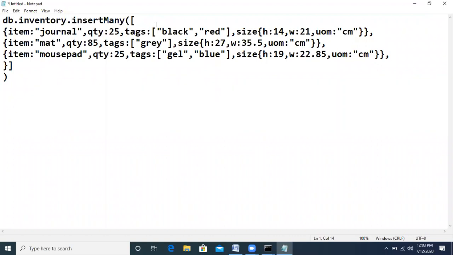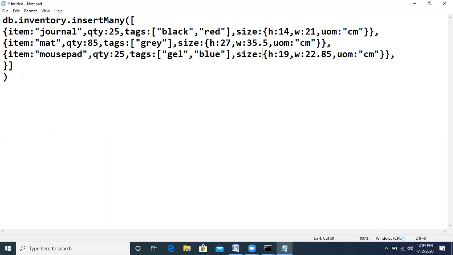db.inventory.insert many. After insert many, round bracket, then square bracket, then we will mention the items, then quantity, tags we have mentioned, and size we have mentioned like this. So this is the closing bracket for this, then item, quantity, tags, gray, size. Okay, fine. Here we have missed the colon after the field name. So let me check.